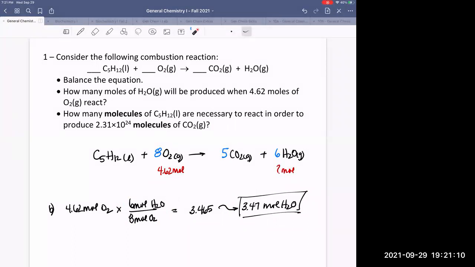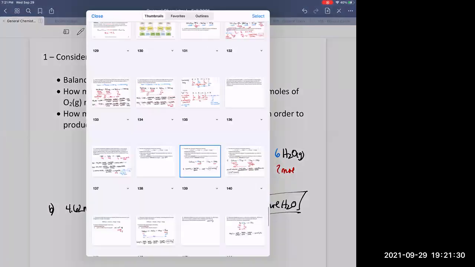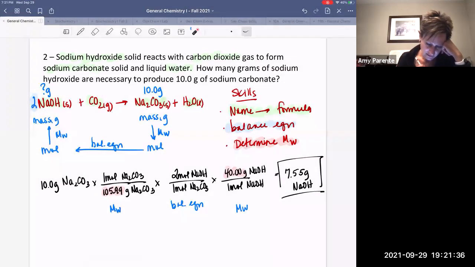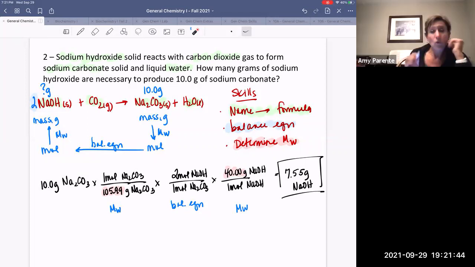I'm still studying the steps, so I'm looking at my notebook. The one problem we did in class was the sodium hydroxide solid reacting with carbon dioxide gas. Yep, I've got that one right here. Could we still go in those same steps, or is that going to make our answer off? So yes, except this problem is more likened to the kinds of stoichiometry you're going to need to do with the quiz,